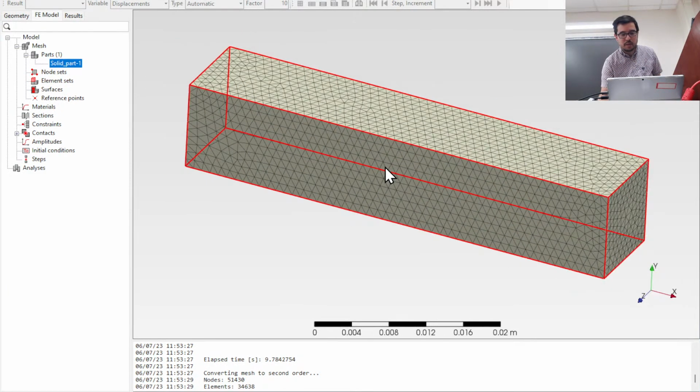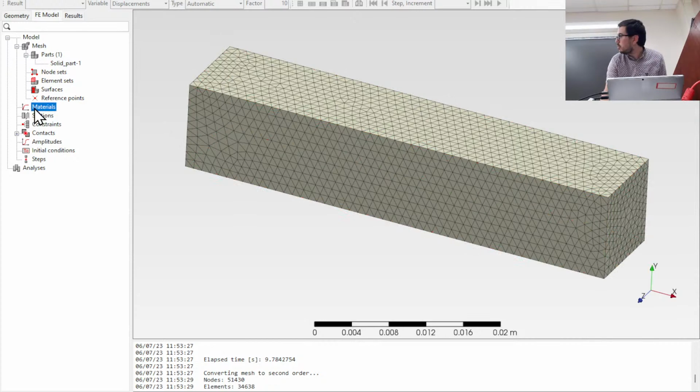Okay, so now, what's that? That's just, they're all like elements. Right. So now those are elements. It's been broken down into 34,638 elements. Do we really need that many elements for this? Probably not. So now, the next thing I can do is I'll come over here to materials, and